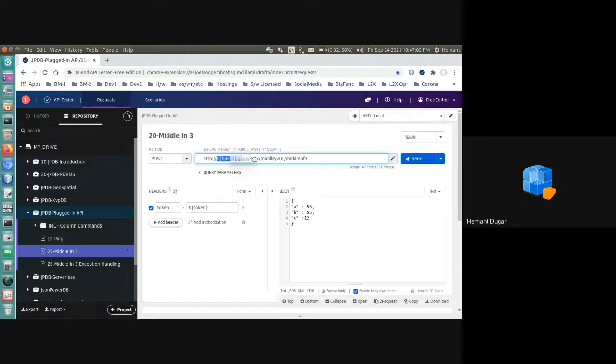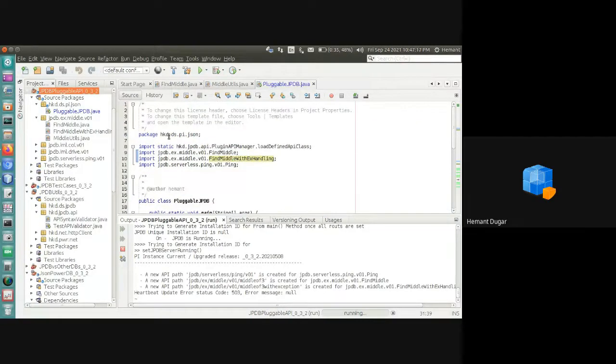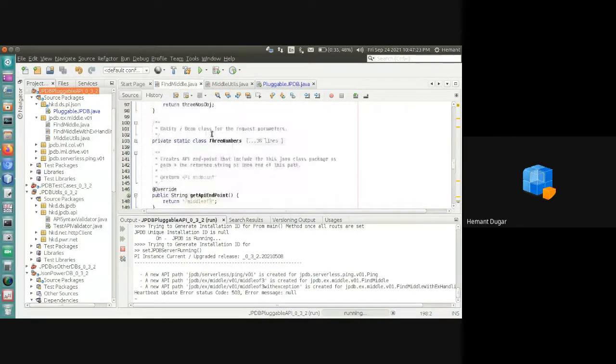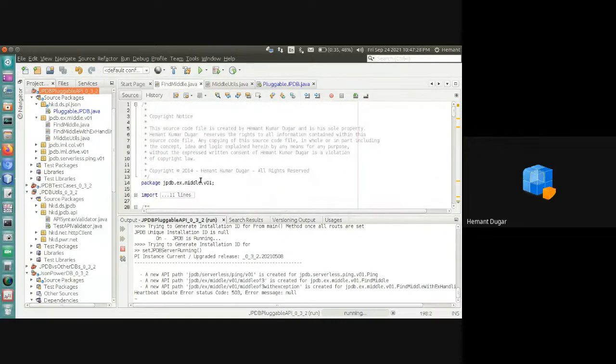And then this is JPDB, JPDB EX middle V01. This is the package of the class, package of this class. Find middle. So if you see, this package will become the path. JPDBX middle V01.